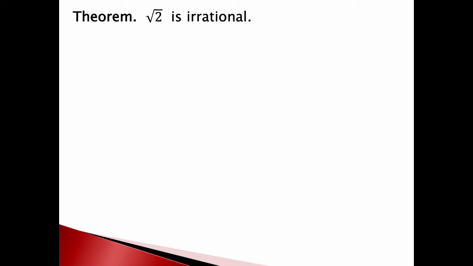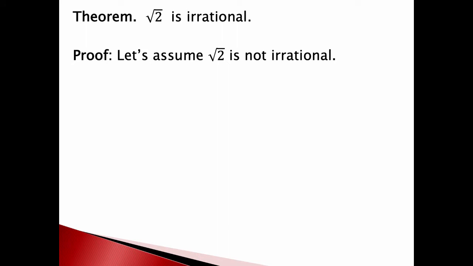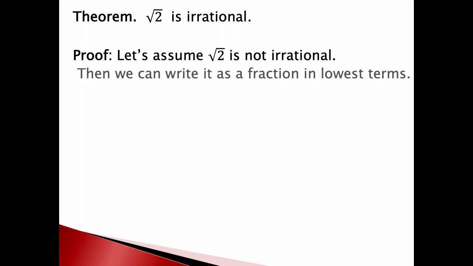Okay, so how does the proof work? Well, I'm going to do this by assuming the square root of 2 is not irrational, which means I'm assuming the square root of 2 is rational. So that means I can write it as a fraction. And you can always write a fraction in lowest terms, so I'm going to assume that we do that. We cancel out anything in the top and the bottom, and so this is a reduced fraction. And so what kind of proof am I doing here? Well, obviously this is a proof by contradiction. I'm doing a contradiction proof because I'm assuming that I can write the square root of 2 as a reduced fraction.